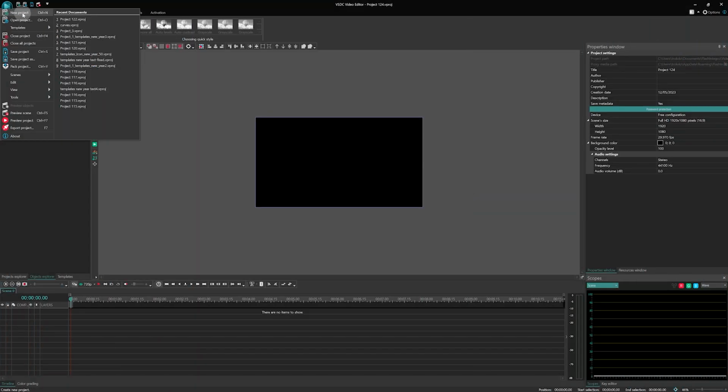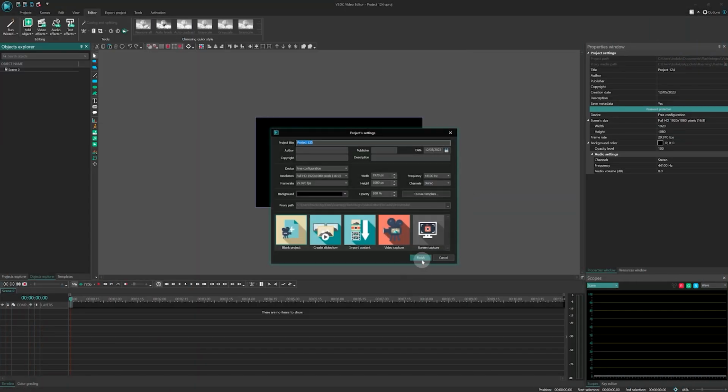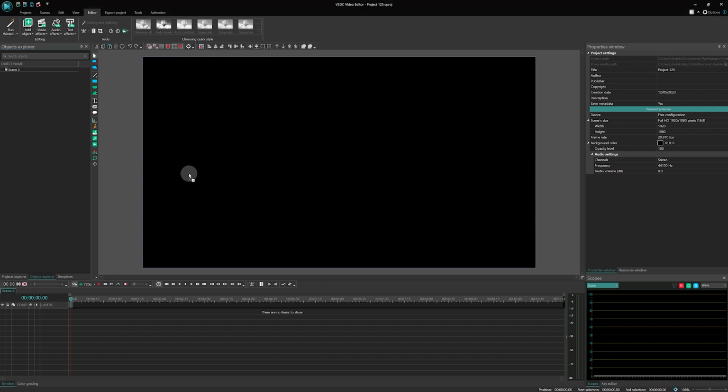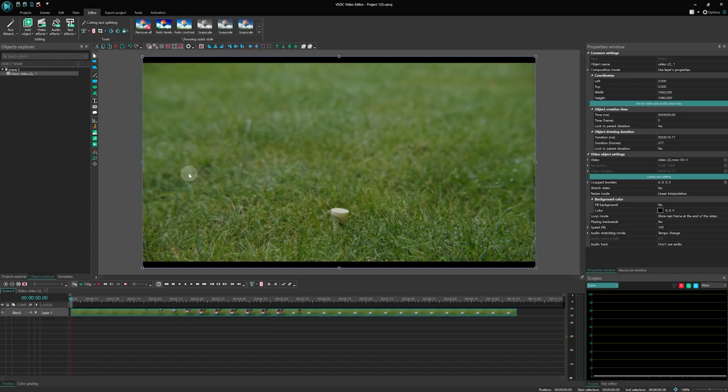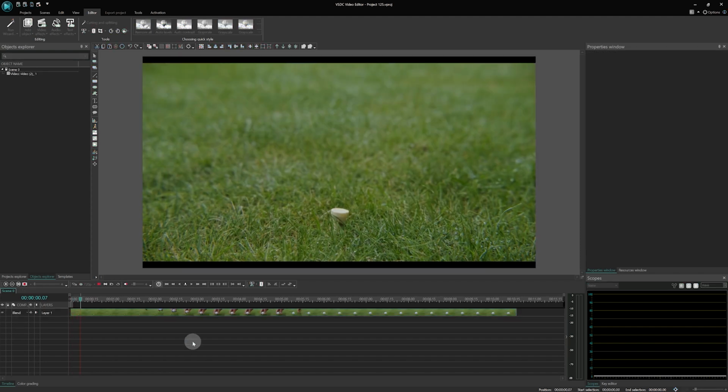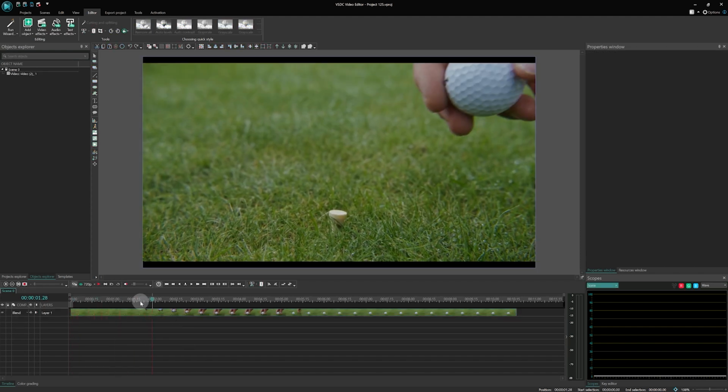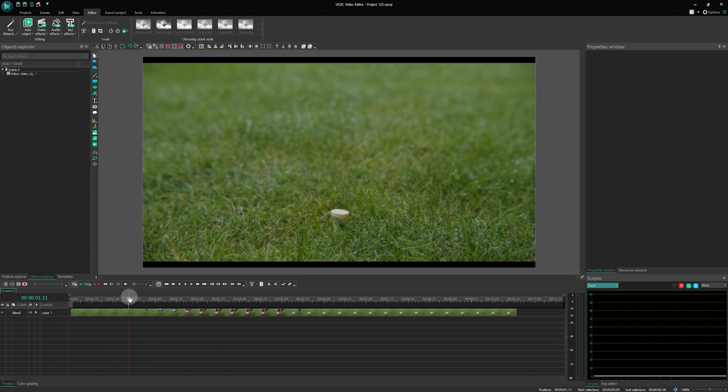Alright, let's launch VSDC and create a new project. You can choose a file in the File Explorer, drag it onto the scene, and drop the mouse button. Now you might notice that the beginning of our video looks a bit empty, right? No worries, we are going to remove that beginning part. The question is, where do we make a split? Let's figure it out together.